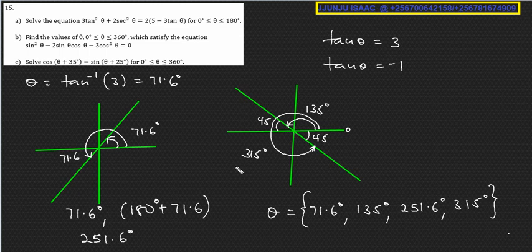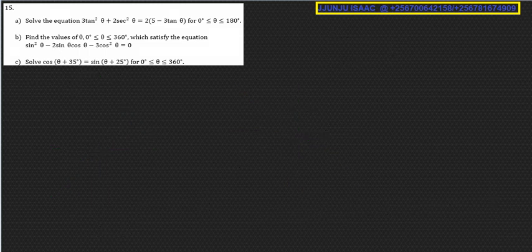Now let us see the last part of question 15. So now in this part C of our question 15, we can see that we need to employ the compound angle formula for cos and for sine. Now cos of theta plus 35 is the same as cos theta cos 35, then minus sine theta sine 45